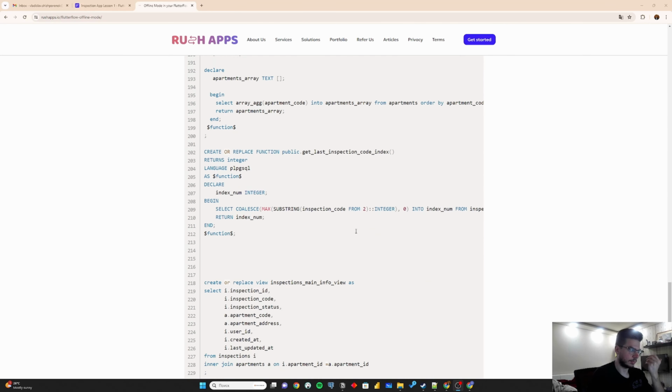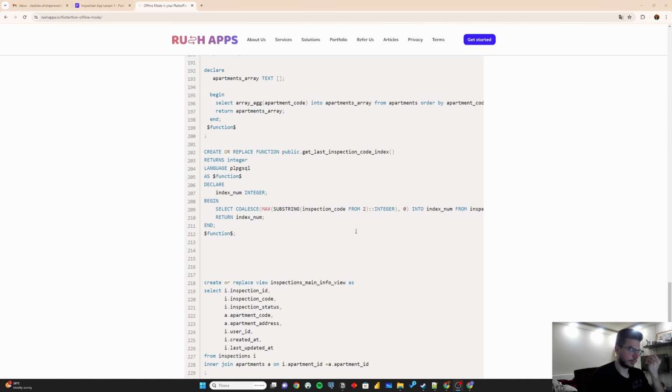And we have some database views that we'll use on the front end in order to retrieve information about inspections and apartments that were inspected. So please take a look, copy this, and paste it into the Supabase editor or any PostgreSQL editor connected to your